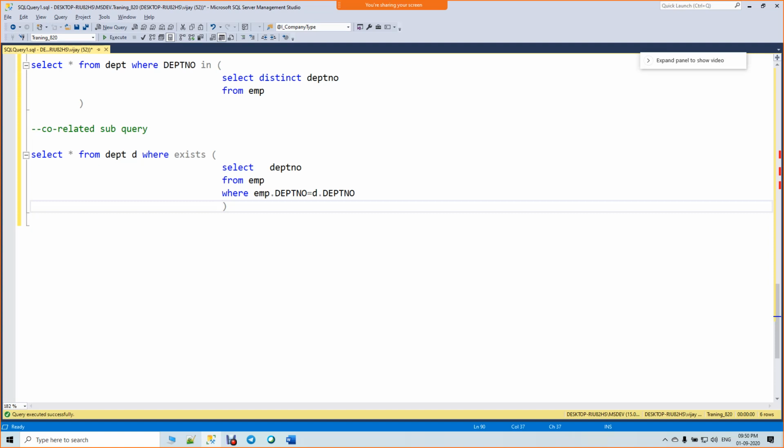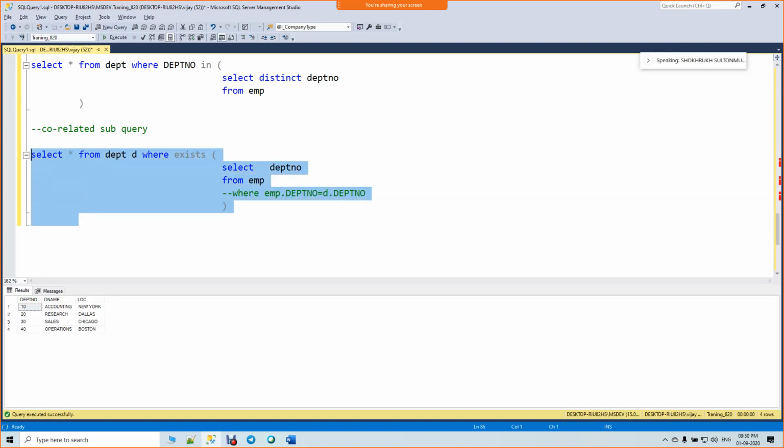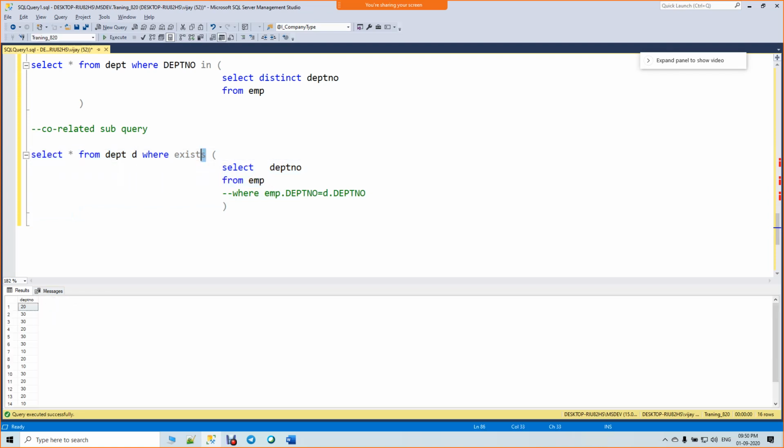Okay, let us make it very simple. For example, forget about this one. Every time you will get the data set, irrespective of whether your employees are available or not, your department table is returning the data set. So where exist means, it will check whether this subquery is returning some data set or not.